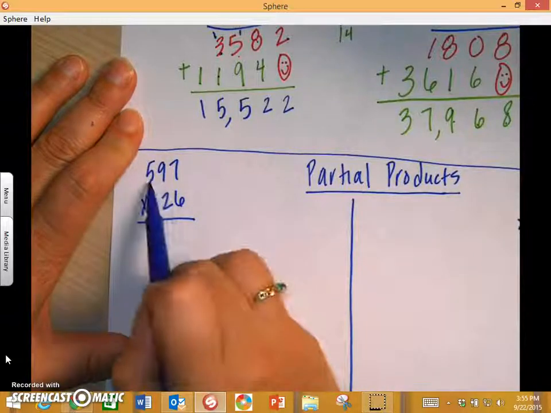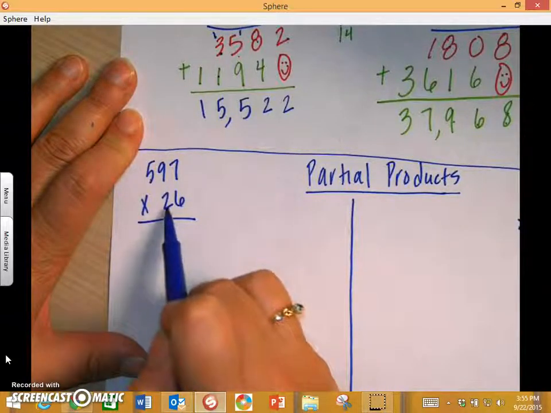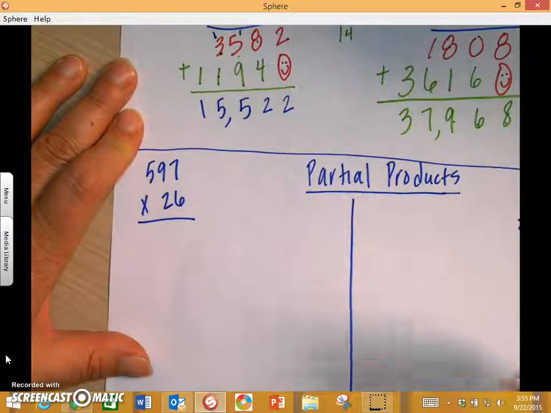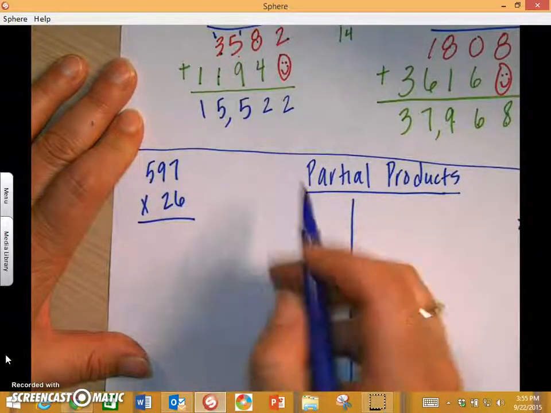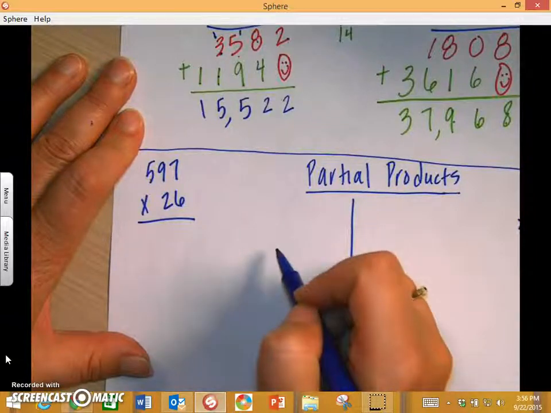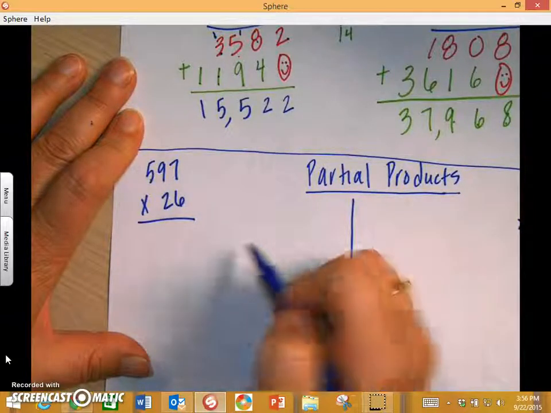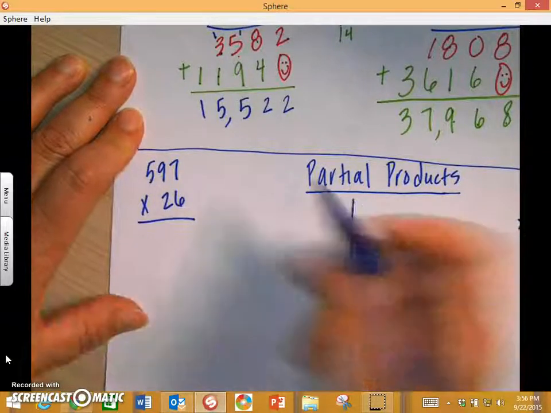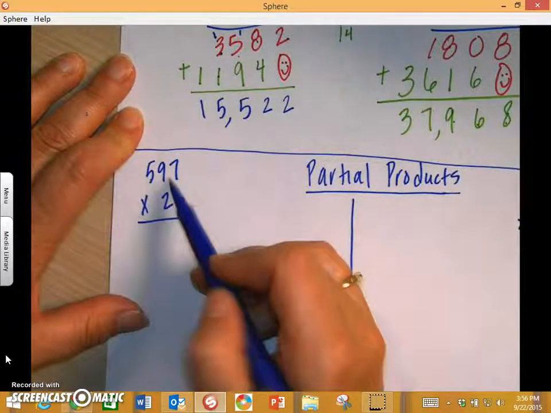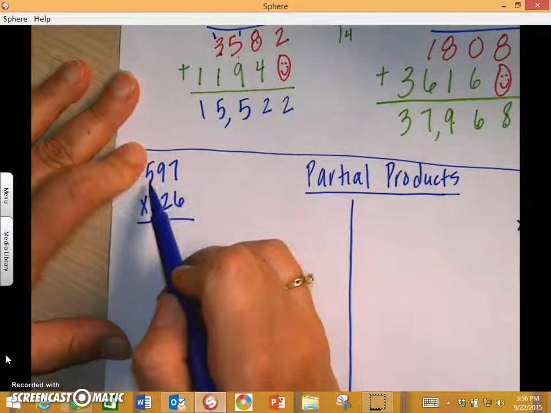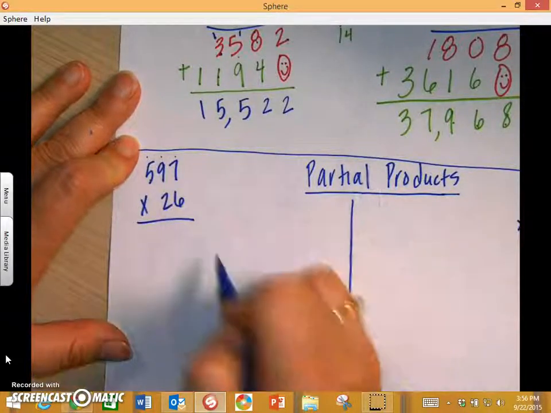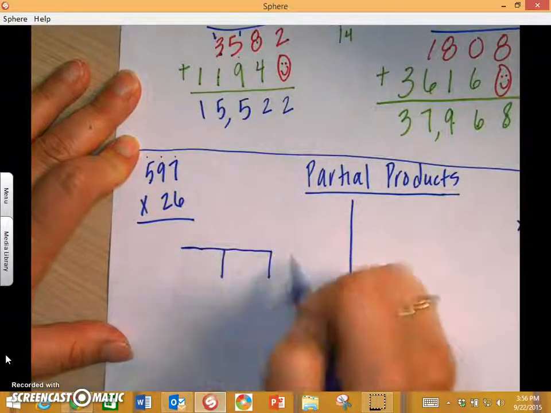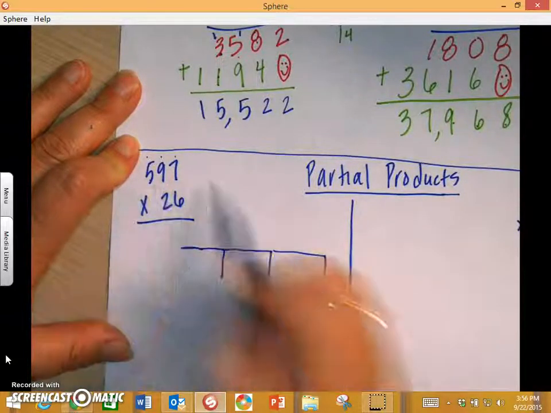So we're going to break this down into expanded form, and we're going to multiply each part. Let me show you what I mean. First, we're going to make a box. We're going to make a large box with different sections, and we know how many sections there are by counting the number of digits. So on the top, we have 3 digits. So my box needs to have 3 columns on the top. So the top number goes on the top,